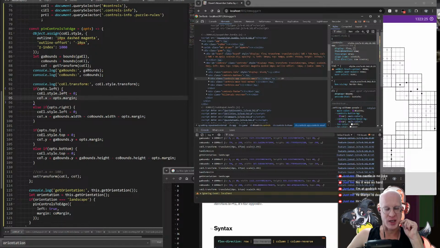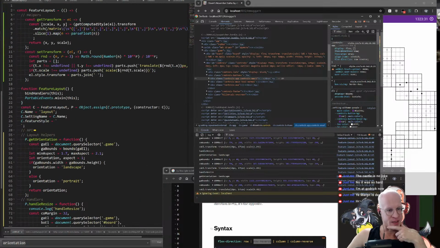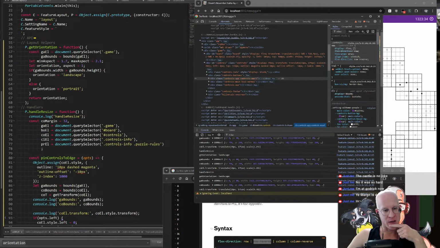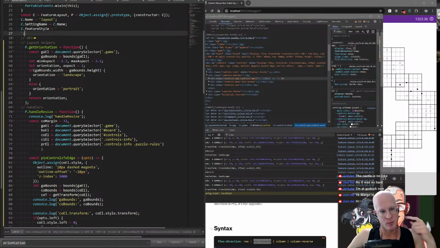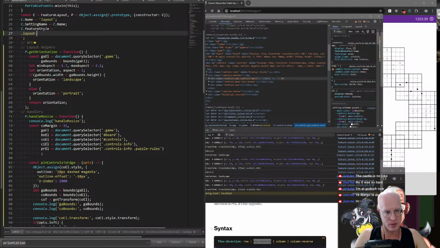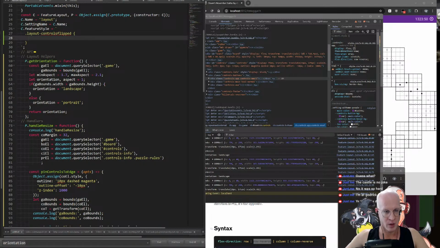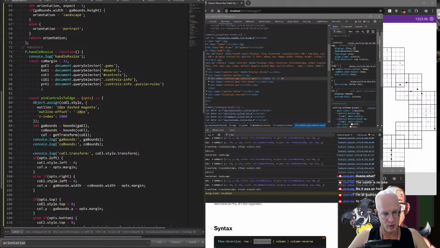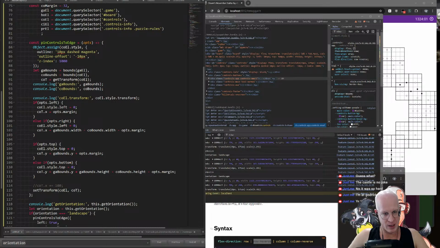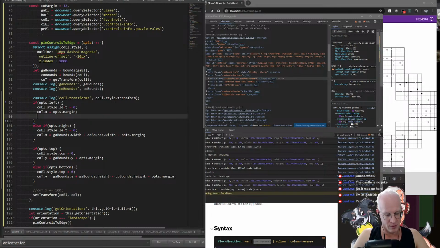So I have two options. I have styles that I can apply, which might make sense, actually. So we might do something like this. We'll have a dot layout, controls, flip, right? And then we can do something like, so if we have controls on the left, then